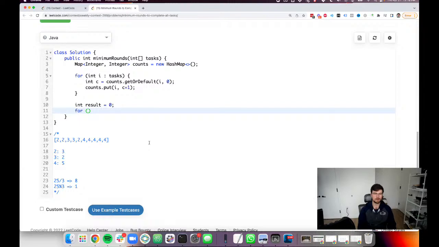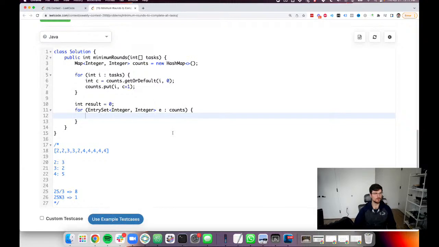Now for, I think we can just iterate over the entry sets, right? So for E in counts, we're going to iterate over all of these entry sets, and we're just going to get that value, right? So in this case, if I remember how to do this properly, I think we can do